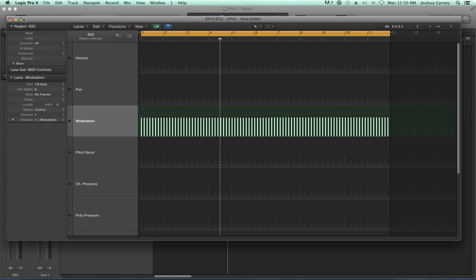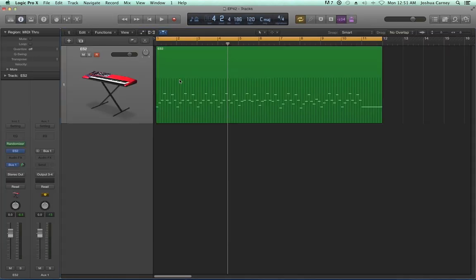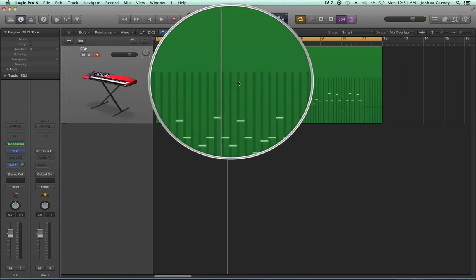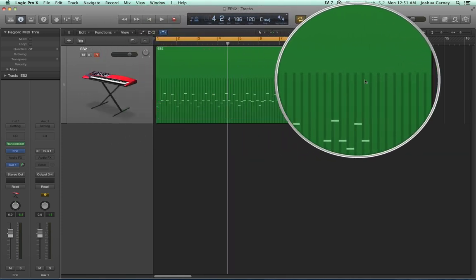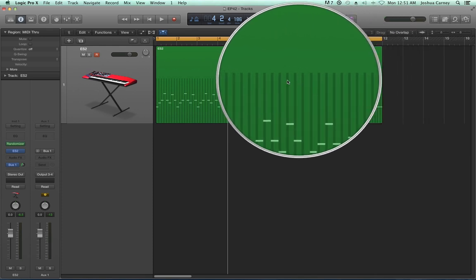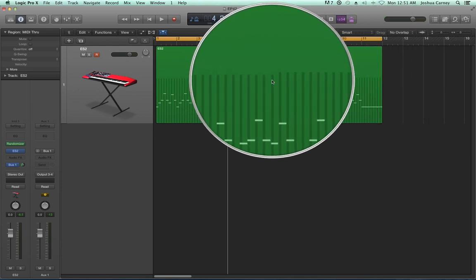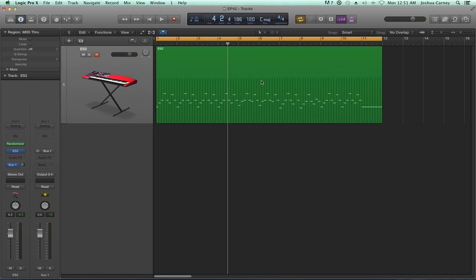So when I go back out to the arrange window here, you'll see that there's a new MIDI modulation wheel message for every 8th note in the region. Again, I didn't get it perfect. You can see there that it goes up a bit, but for the most part, it looks about 70, between 0 and 127. It looks like our modulation wheel is set to about 70. So if I turn off the randomizer and press play,